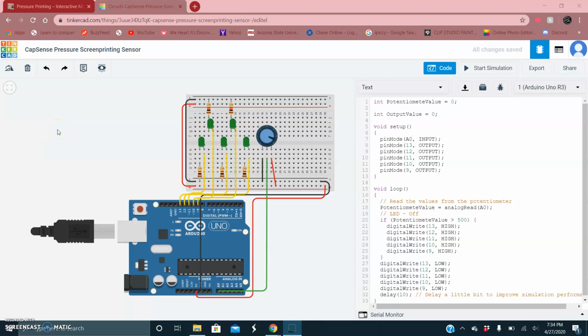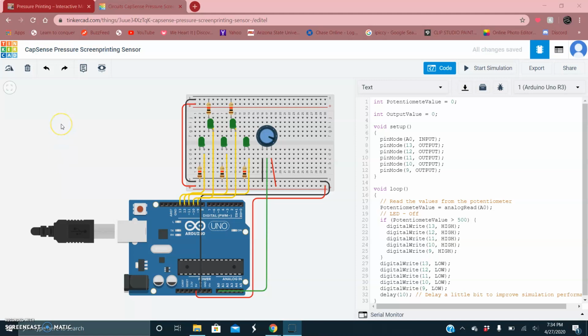So, in order to have my resubmission for the CapSense assignment, I know you had to use Polymorph for this assignment. That was one of the requirements, as well as some other things that included touch. But currently, in the state of things, I don't have Polymorph anymore, and I have no way to get Polymorph currently. So what I wanted to do for this assignment, I'm just going to show what I can through Tinkercad,